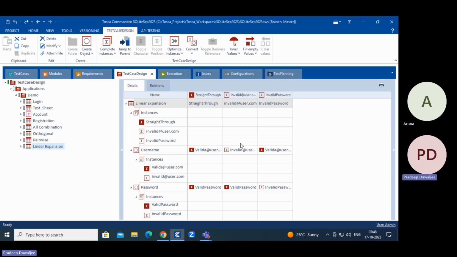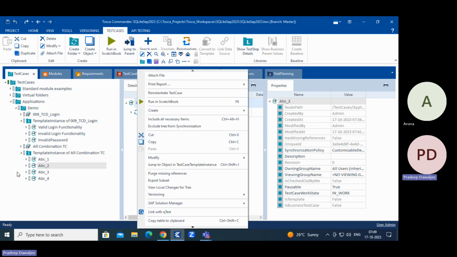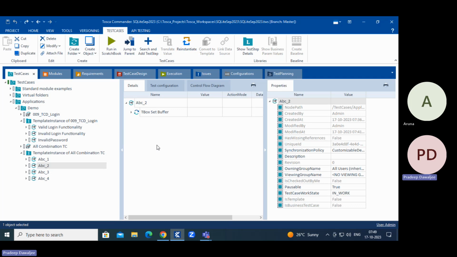So data should be prepared in this linear combination, and then it is used this way. So quickly the test cases would be created, and then you jump to that particular instance, execute, see how the test case is behaving, and see whether you are getting the expected result or not. Another thing that you can do